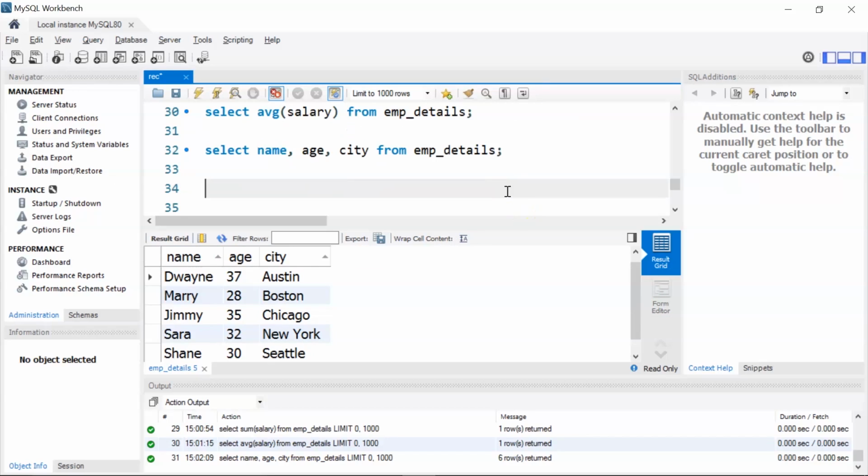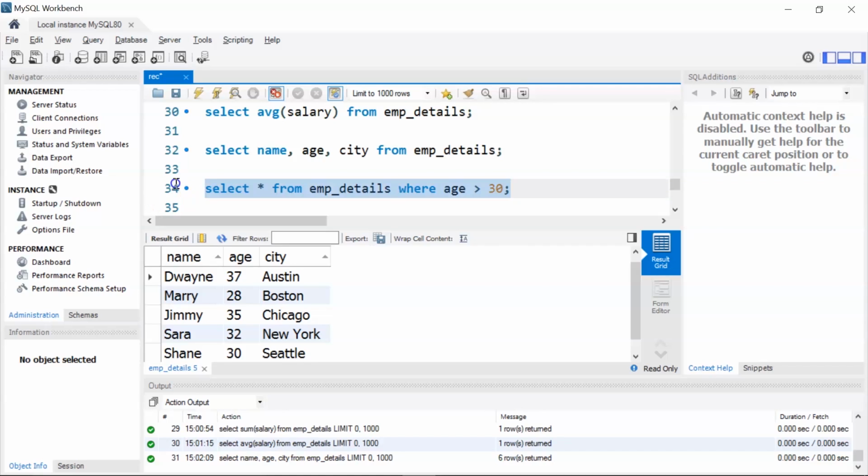Now SQL has a where clause to filter rows based on a particular condition. So if you want to filter your table based on specific conditions, you can use the where clause. Now the where clause comes after you give your table name. So suppose you want to find the employees with age greater than 30. In this case you can use a where clause. So let me show you how to do it. I'll write select star from my table name, that is employee details, and after this I'll use my where clause. So I'll write where age greater than 30.